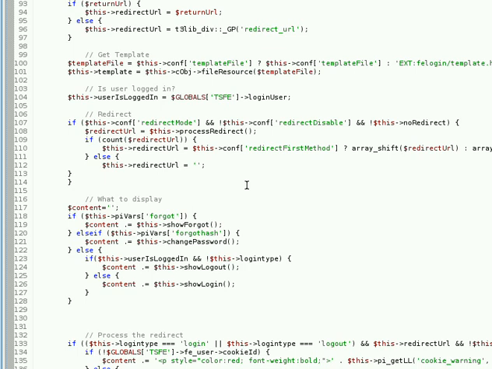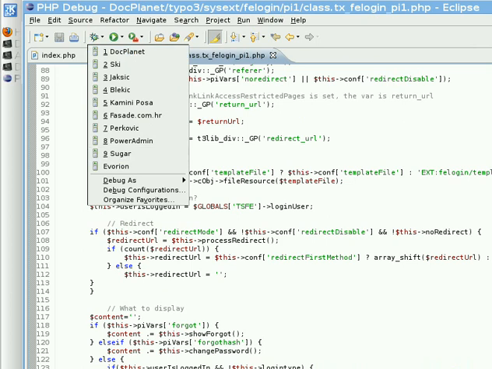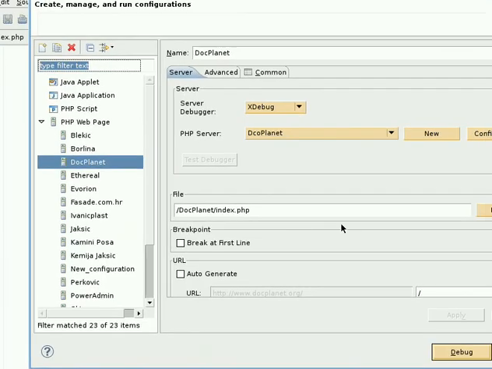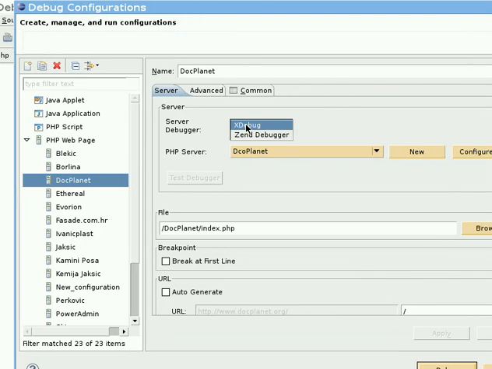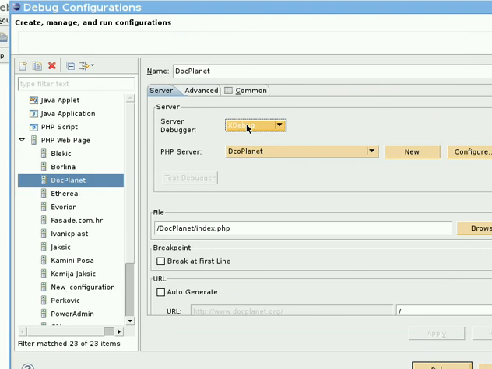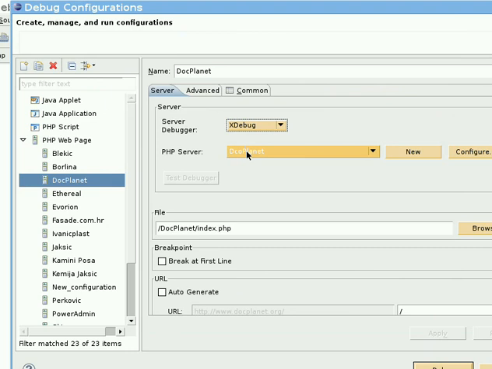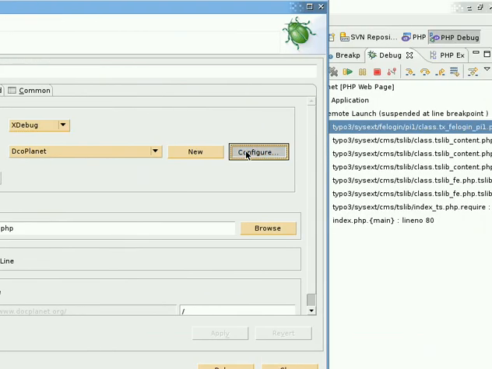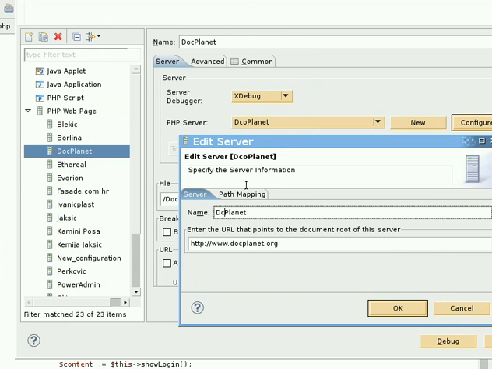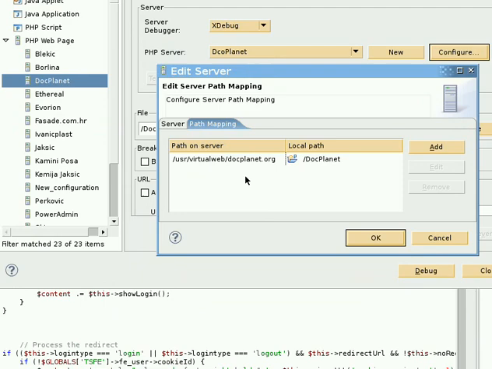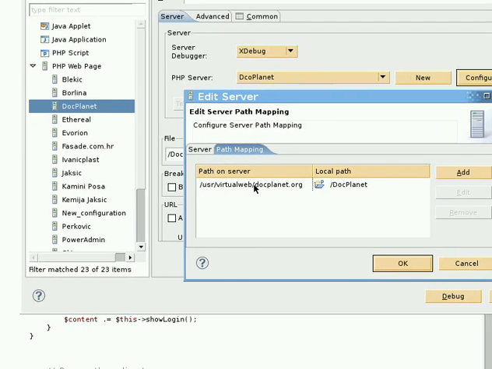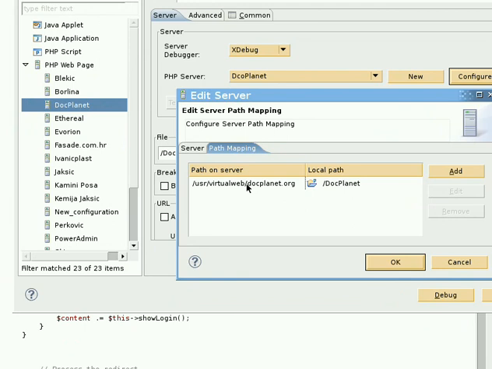I recommend it. I would like to show you just the debug configuration here. This is rather relevant. You have all that in the article, but I'm just going to quickly skim it. So you have to select obviously XDebug and not XDebugger. XDebugger is, I think, selected by default. You have to configure the PHP server. This is a misspelling. To point to the URL that loads the site, and you have to map the path on the server. This is actually a path on the remote server, and you map it to a local path